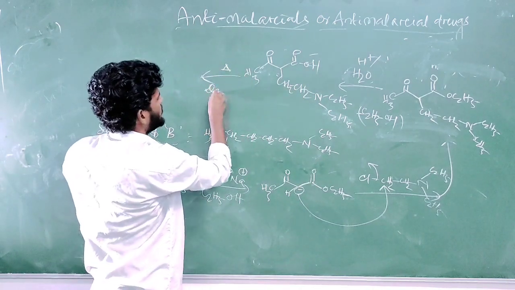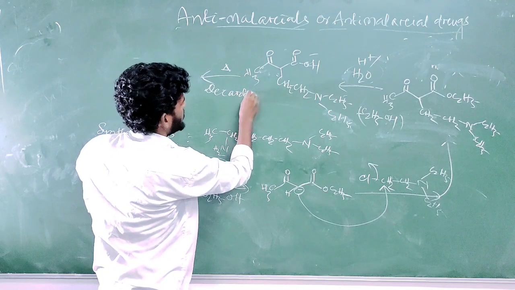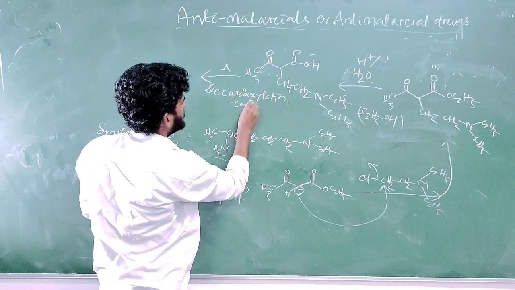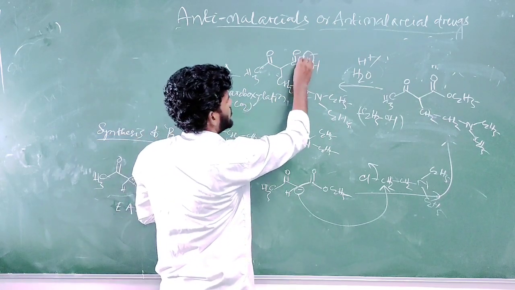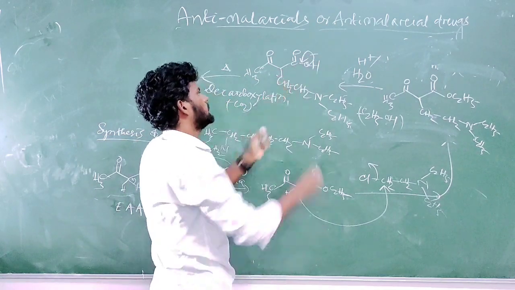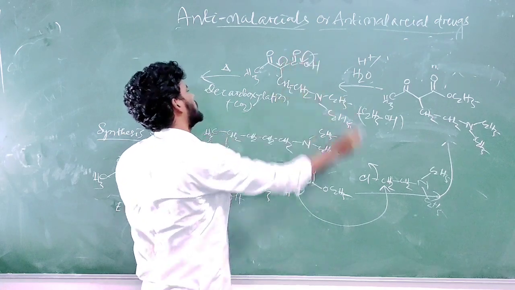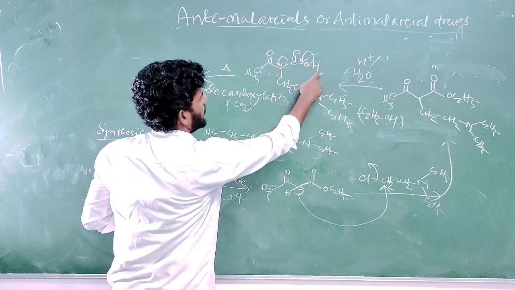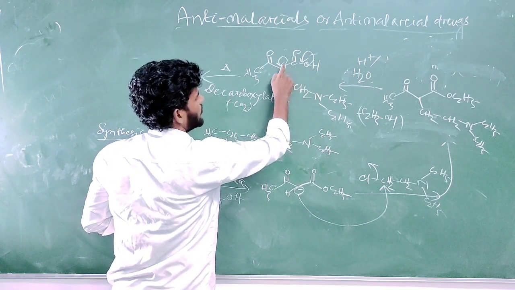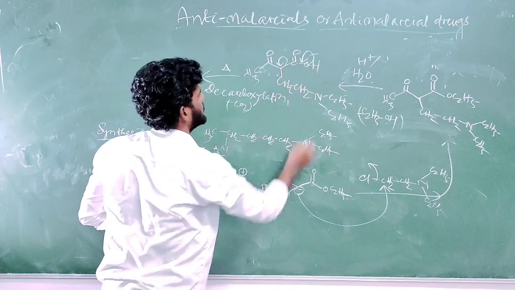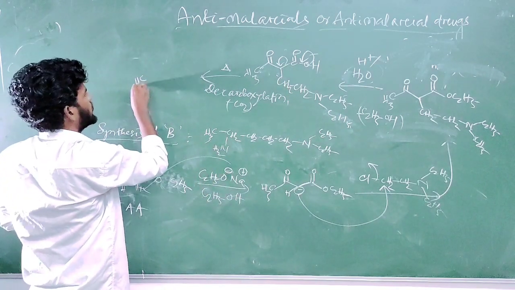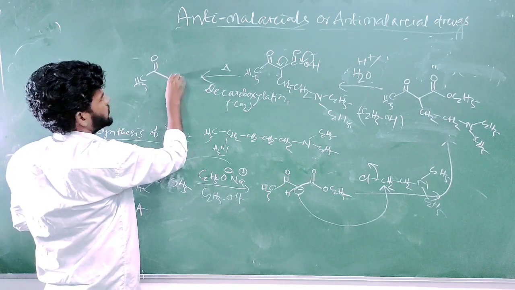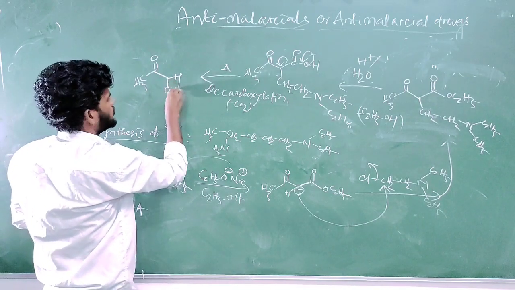If you give the heat, then it undergoes decarboxylation, the removal of the CO2 group. How will it be removed? This bond moves over to oxygen, and this bond moves to this carbon. So CO2 is released, and this negative charge takes the H plus, so H is just attached to this negative charge. So what will it form? A CH3 carbonyl. This negative charge takes that hydrogen, giving CH2.